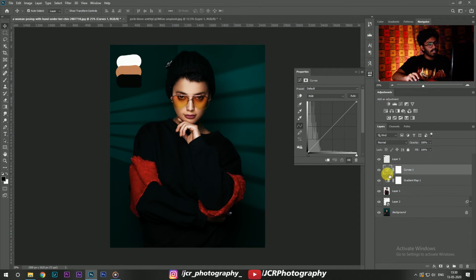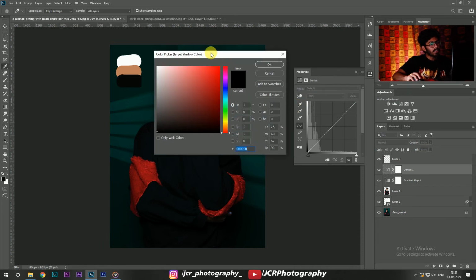So double click on that icon, and you can see the curve dialog box will appear, and then you can see the three color pickers, right? The top one represents the shadows, the middle one is midtones, and the bottom is highlights. Okay, and then if we double click on the shadow color picker, the target color picker shadow will come.